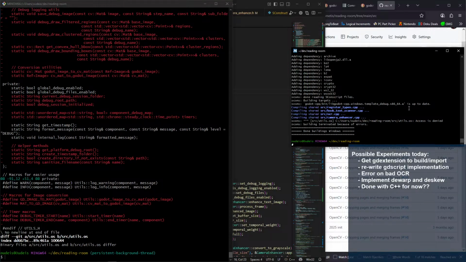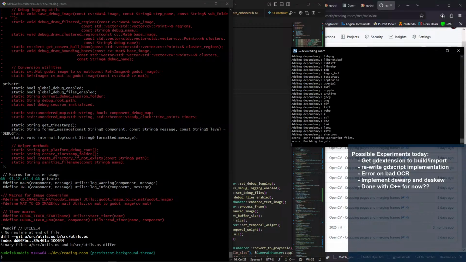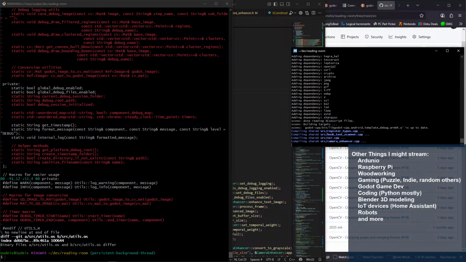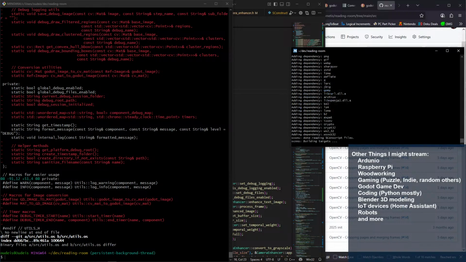Now that I'm not touching it anymore, can I build? Will it actually build now? Not diffing. Somehow the file's been locked. Android was fine. So I don't need to build Android right now.